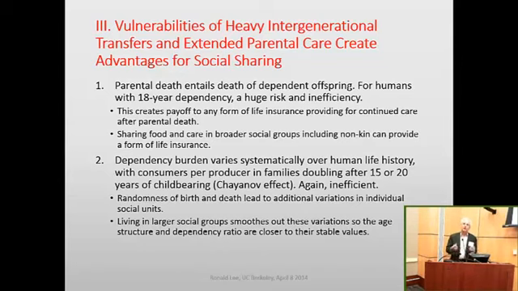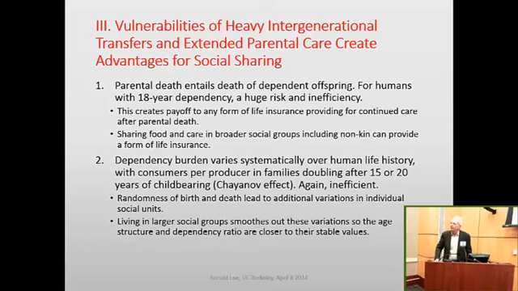And social sharing arrangements in which you're living with other kin, or perhaps you're also living in a larger sharing group with unrelated kin, can help. It's not perfect because the survivors may kill your kids instead of feeding them, but it's an improvement. So that's the first problem that is created by the intergenerational transfers and that social living and sharing arrangements can help to resolve. The second one is that, as we've known since Chayanov's writing in the early 20th century, there's